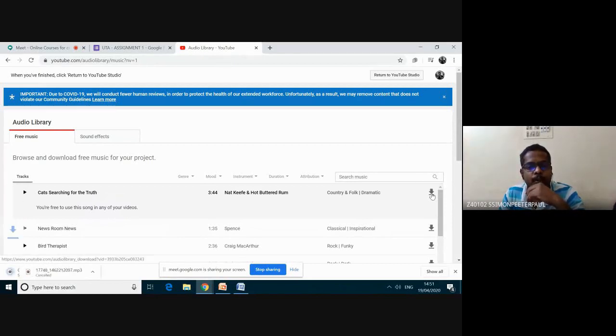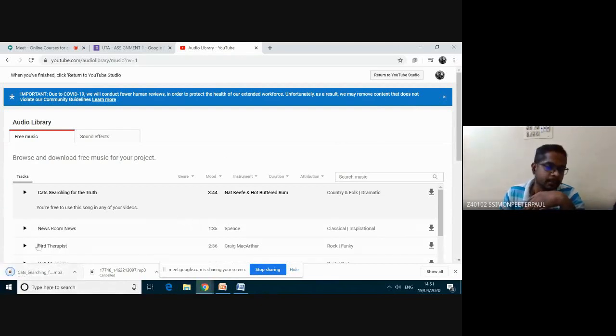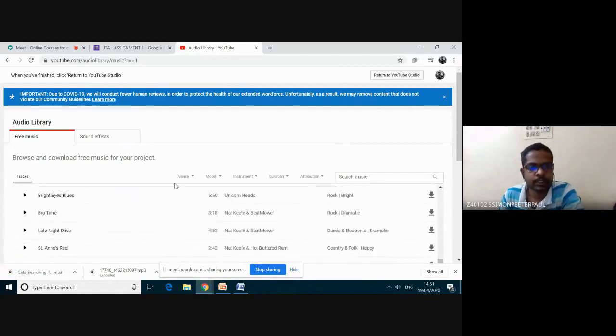If I click this download, automatically it gets downloaded. For YouTube, you need not sign in. If you have a Gmail account, you can download any music from here. And also you can filter here by genre, by mood, what type of music and what type of instrument you need, and the duration level, and also the attribution.